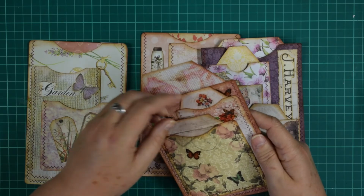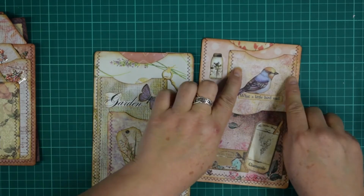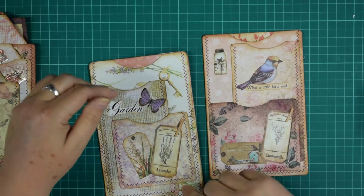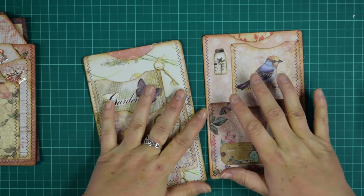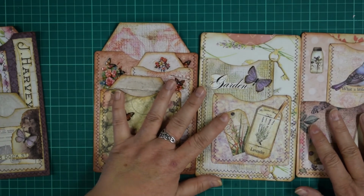So with the tags, it's all down to the size of your pockets, bearing in mind that you're going to need to take it in a bit because you've got it glued in, and on this one it's sewn in. So you would just measure them up the way I measured up the pockets, just by eye, and then cut them out. But there's my little craft along, my little bit of scrapbook paper